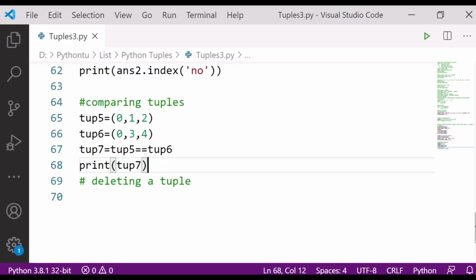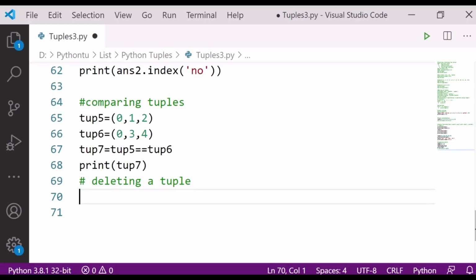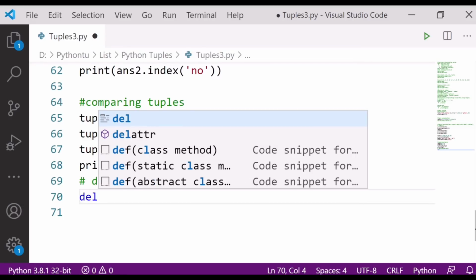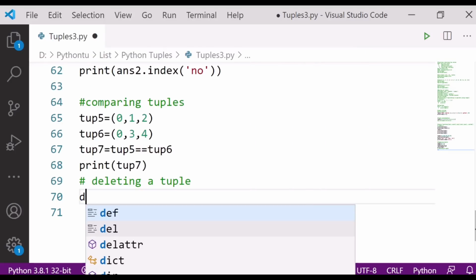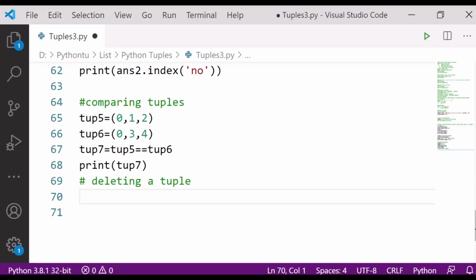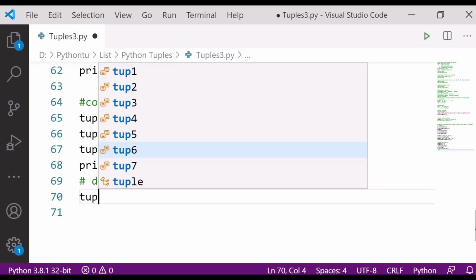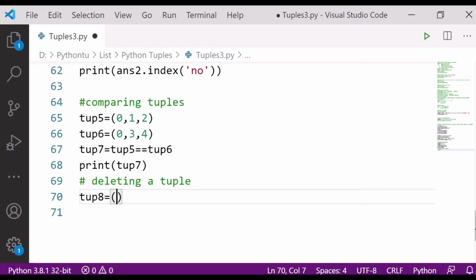Next is how to delete a tuple. If I have to delete a tuple, I will simply write delete. Suppose I am creating tuple 8 equal to 1, 2, 3, 4, and I want to delete it.